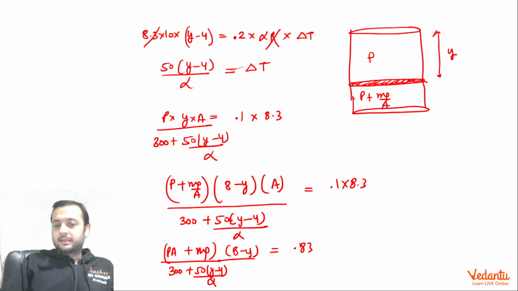So as I said, if alpha was a known quantity, the question would have been solved because we would be getting a single equation in terms of y. So this is the idea, and that's why this question became a bonus, because IIT forgot to give the value of, sorry, alpha. But this indeed was a beautiful question, and I'm sure you would have enjoyed the solution. You would have learned something new. Do make sure to read that PDF, guys. Thank you.